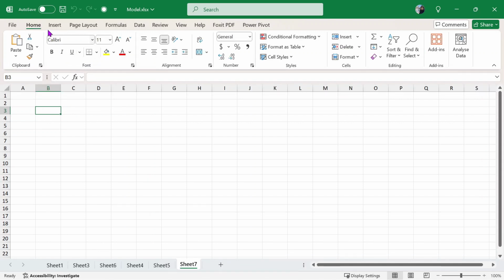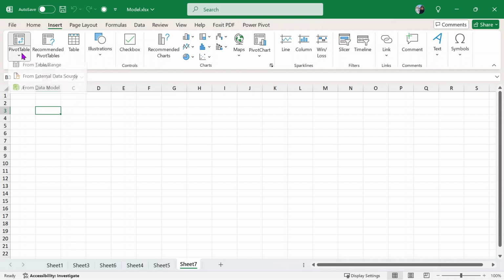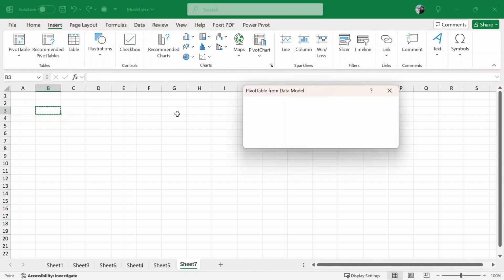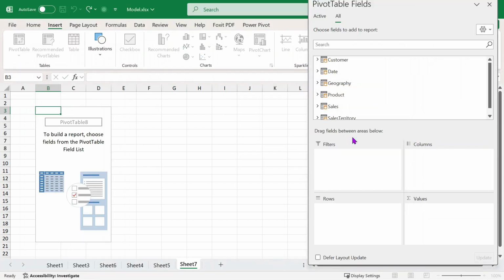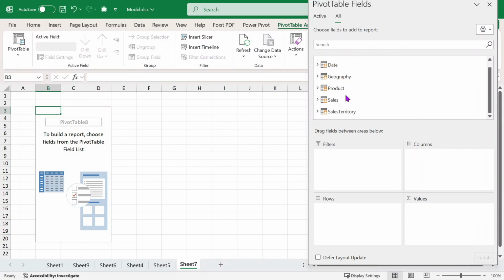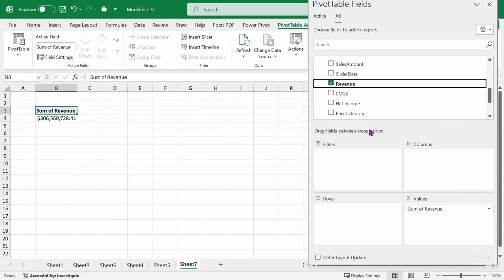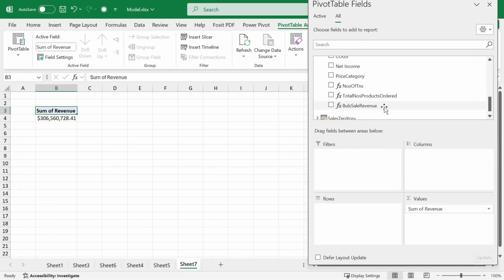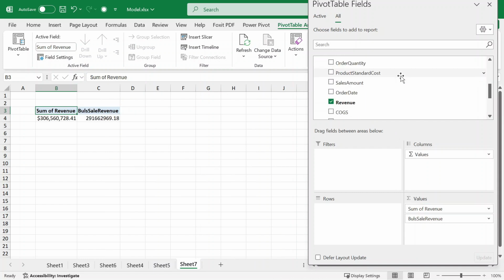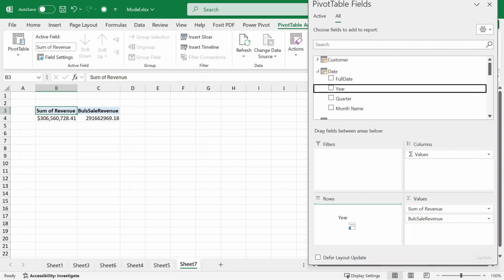Let's take a new power pivot table from here. Let's take a power pivot from data model. Here we are creating. Let's take sales. Here's the revenue. Where is that? Sales amount. Here's the revenue. Take it in value and also take the bulk sale. Made a mistake on the spelling. Okay, bulk sale revenue. And now if I just take the date, we can see